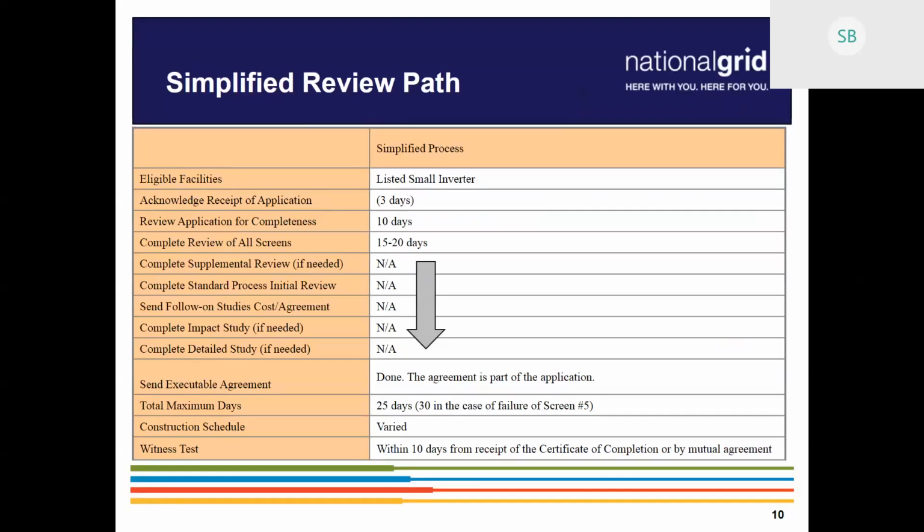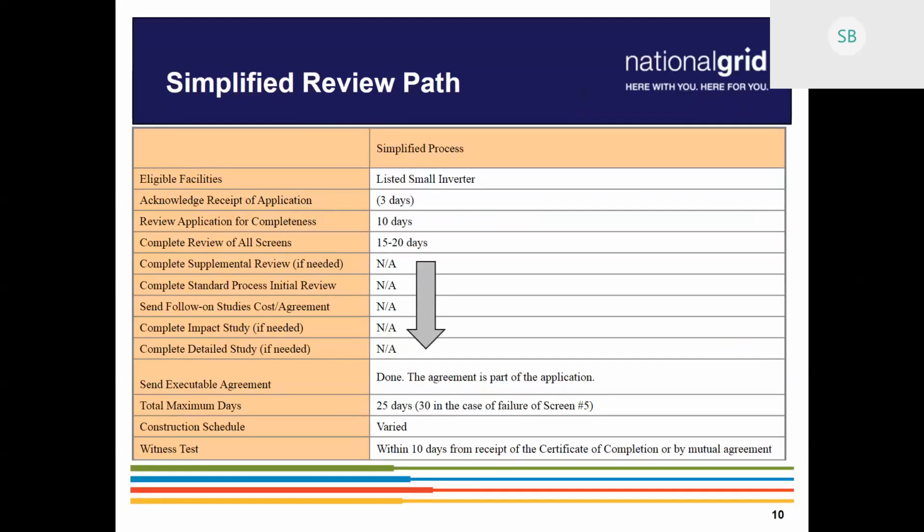Then it goes into application review, which is the next one, for 10 days. When that starts, we do an infrastructure review to verify it can stay simple. And so long as all the documentation is correct, like those points we touched on earlier, you're going to get that conditional approval email. And from there, you can see because it's simple, we get to skip a bunch of steps and go to the completion document.